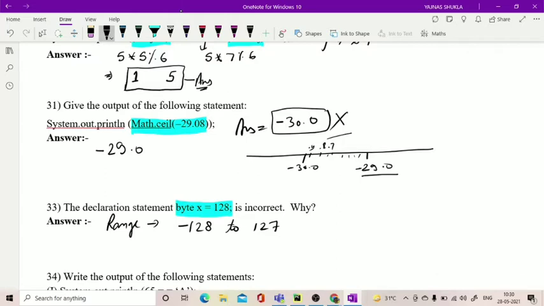If you try to store something beyond this range, it will display an error message at the time of compilation. So either we change the number, or if we want to strictly store 128 only, we convert it into byte using typecasting, byte x equal to (byte) 128. Alright.